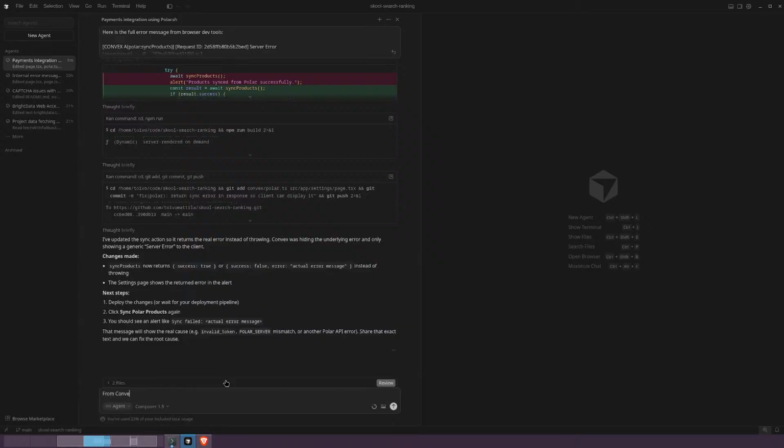From Convex, function sync products, duration, action requests, functions called, and then